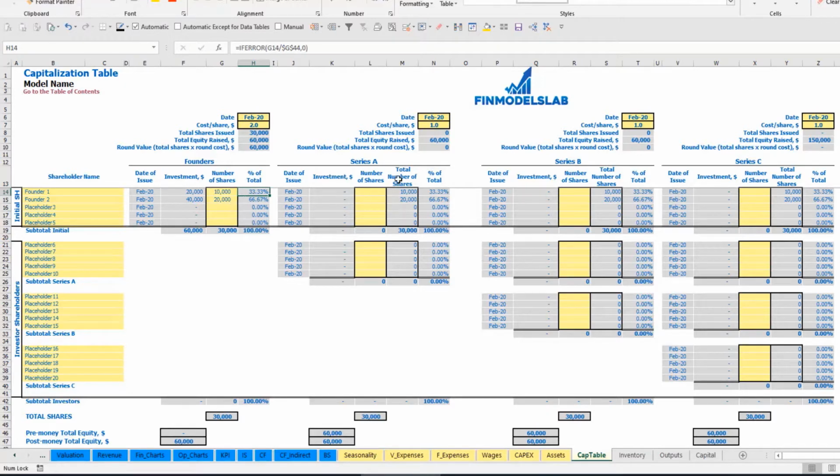67% of shares. So let's pretend that for Series A we have one investor and the date of issuance is May. Cost per share is $5 per share and number of shares is 1,000. So total amount of investment will be $5,000. You may see that before the Series A total equity was $60,000, after is $65,000, and investor 1 will have